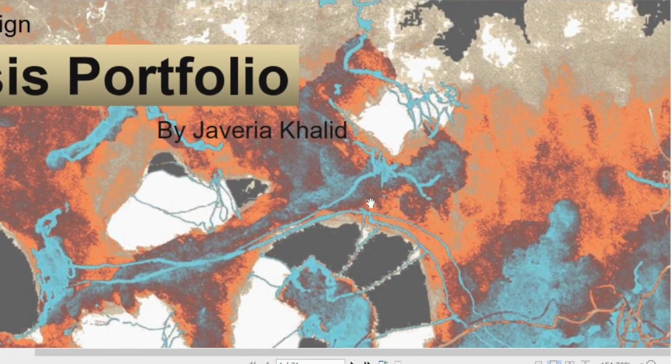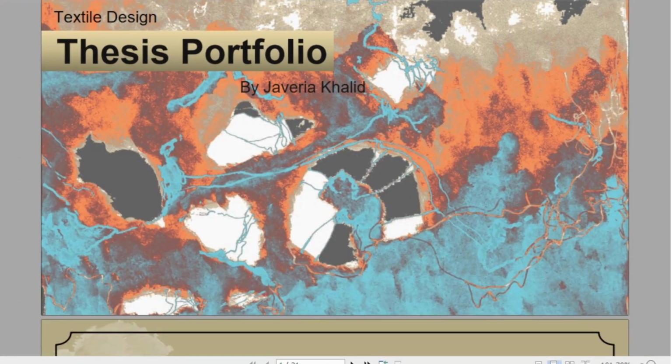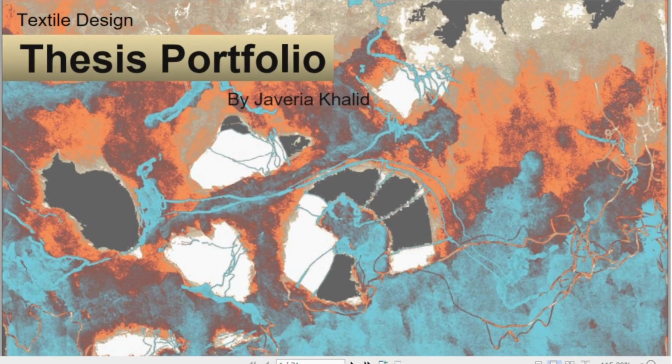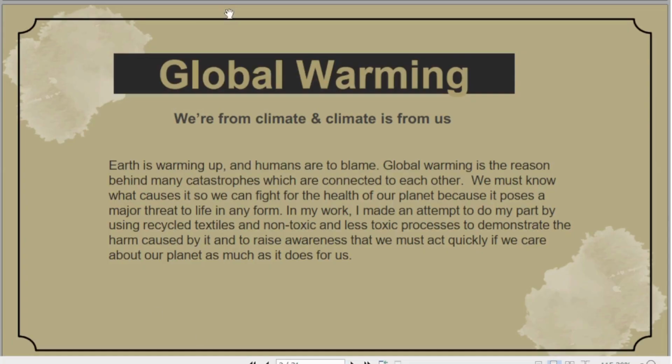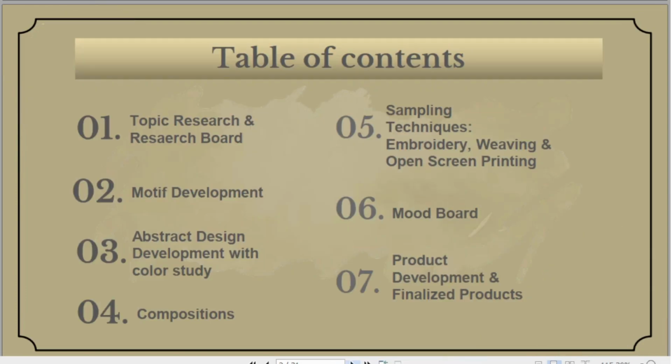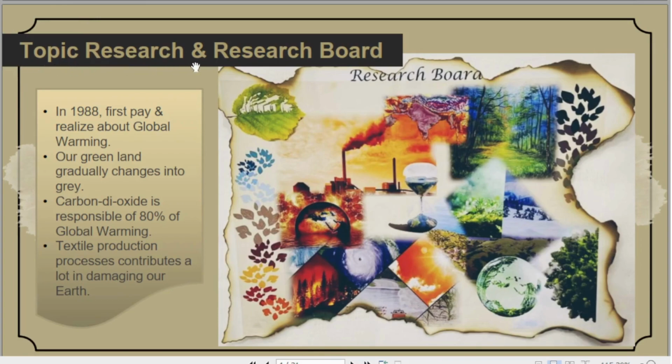I have also added a design in the background of the cover page with reduced opacity, which represents the theme of my thesis. On the second page, I have mentioned the name of my topic and added my statement. Next comes the content section, where I have listed each step that I have included in my portfolio. The first step is topic research, where I have included the key points related to the topic and a picture